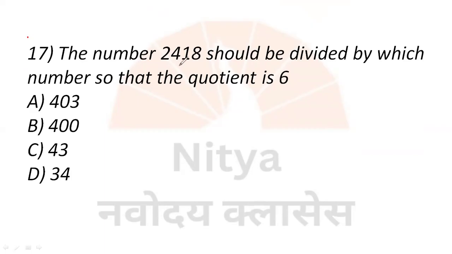Okay. So the number 2418, that is the dividend. They are given that the dividend should be divided by which number so that the quotient is 6. They are given the dividend, 2418, and the quotient. So we have to find the divisor. So divisor equals